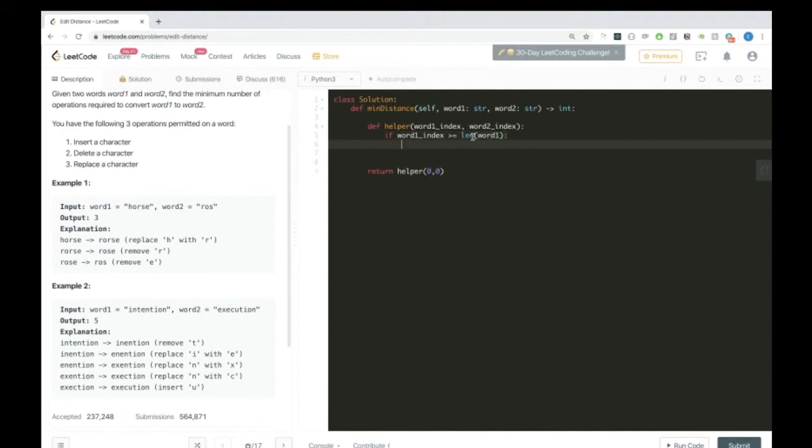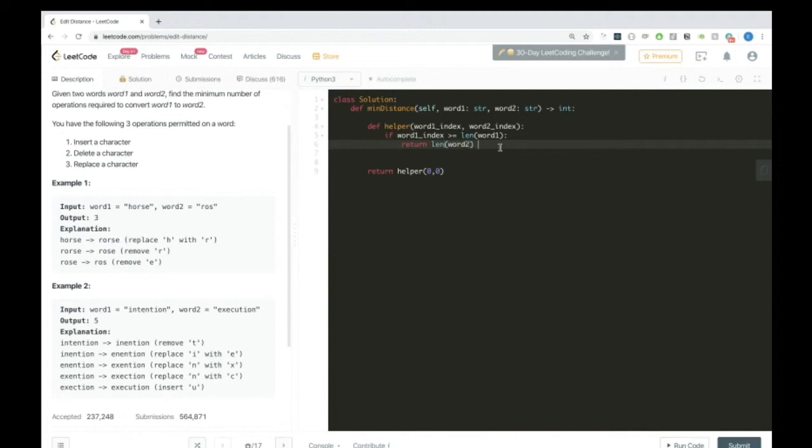Right? And then once we reach that stopping point, what happens if we still have stuff remaining in the second word? It's certainly possible that when we've finished our traversal of the first word, we would still have a remainder of the second word that's still present. That would be the number of operations needed to finish up the rest of the second word. So as a base case, we should return the length of the second word,